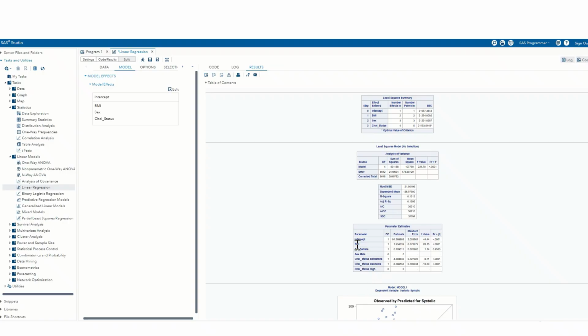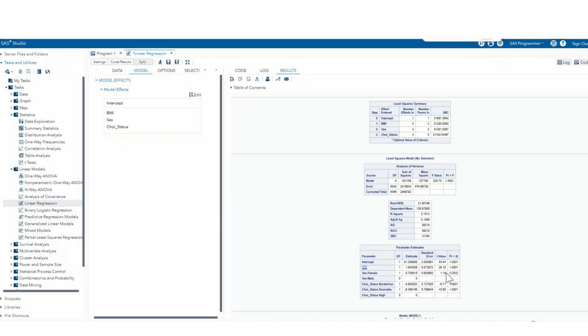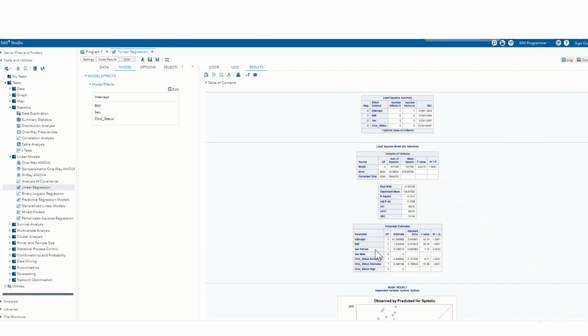In case of continuous variables, the way we read it is just with 1 unit increase in whatever continuous variable we have as our predictor. So in case of BMI, each unit increase in BMI increases the systolic blood pressure by approximately 2 millimeters. But in case of categorical variables, we have one category out of whatever number of categories we have in that variable, right? So to have the reference category of your own choice among your categorical exposure or predictors, we can